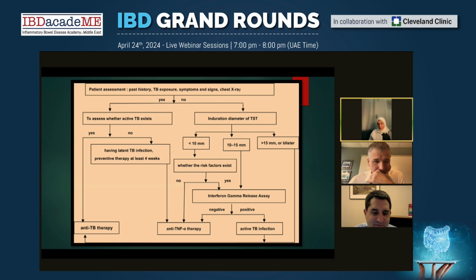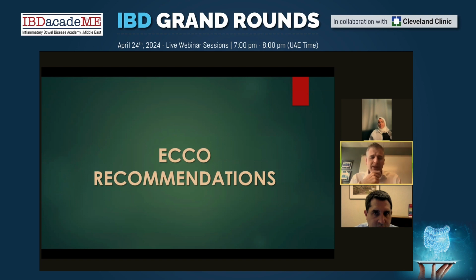Now, in this slide, the numbers are 10 mm, 10 to 15, and 15 for the PPD test. I don't know how my colleagues here follow up the PPD test in their clinic, but would you agree with 10 mm for a patient who's immunosuppressed or who would start an anti-tumor necrosis factor? We go a bit lower, like 5 mm. So I don't know how the rest of you would think about this. Anyway, next, please. Perhaps we use the prior one as the last slide, because for the sake of time,